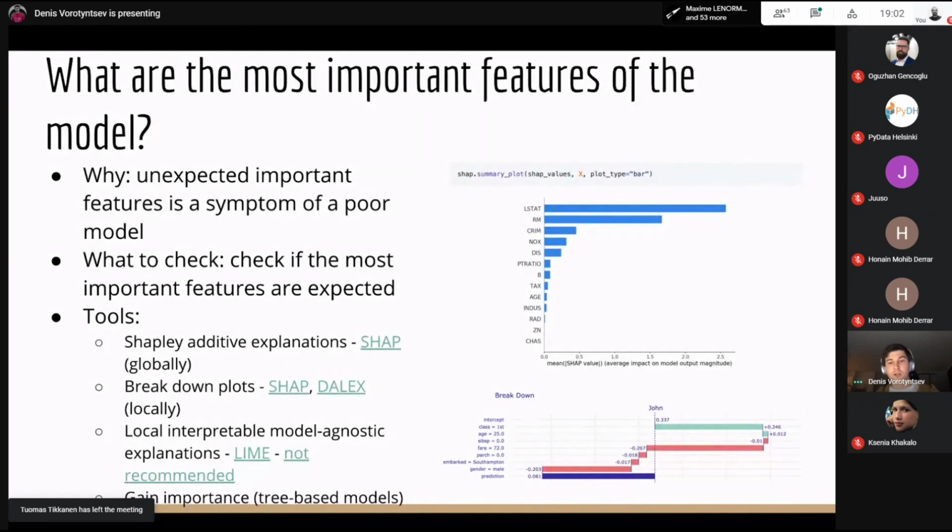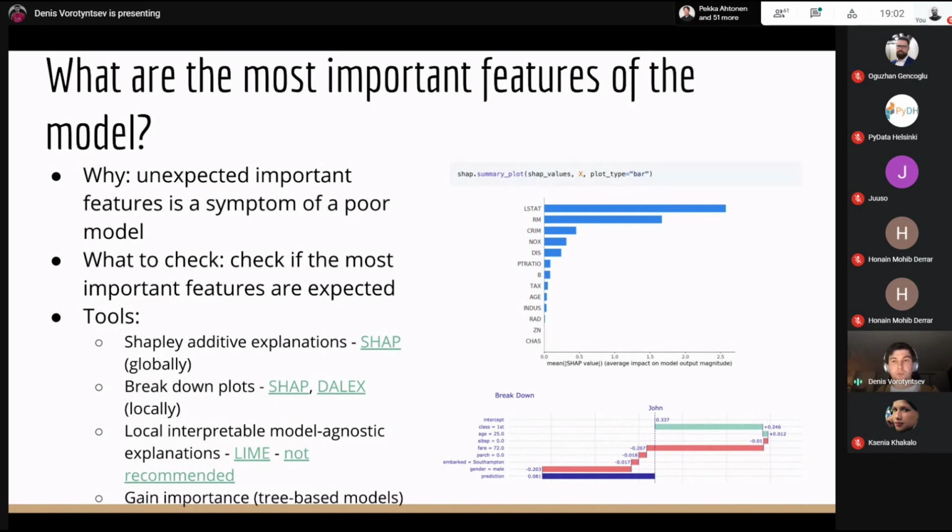And also, I know that some data scientists are using Lime for both global and local interpretation. Sometimes I don't recommend doing that because Lime has a lot of problems, like three very huge problems. The first one is that the fidelity of Lime interpretation is really low. Fidelity is the accuracy of your surrogate model, in our case, in the case of Lime. So the accuracy of the surrogate model is not high enough, and that means that the interpretation is also not very accurate.